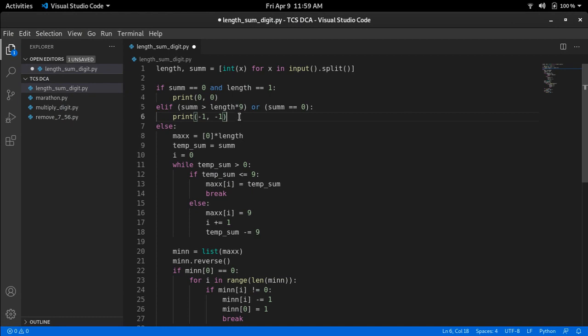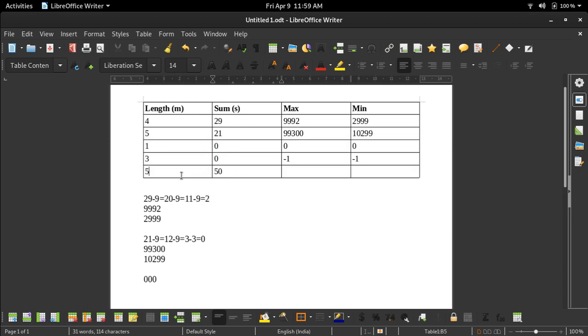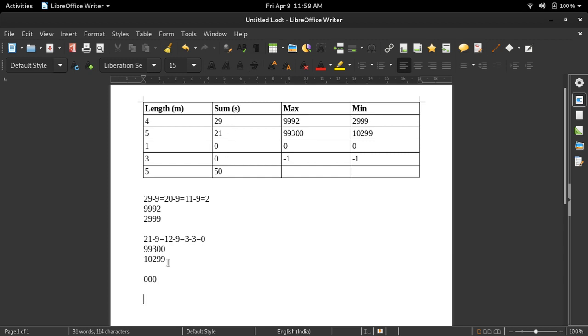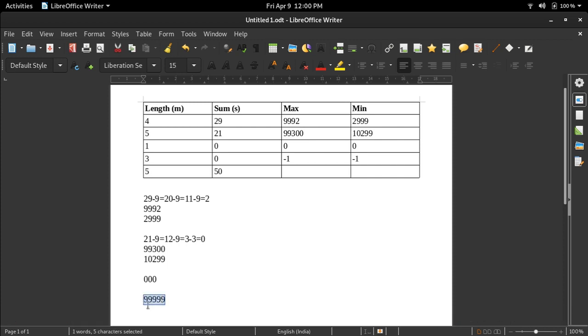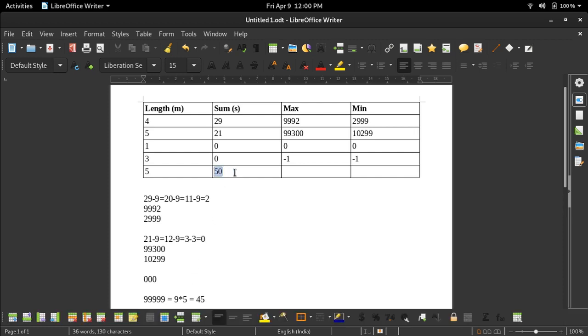Now another condition is that sum is greater than length into 9. What does it mean? Here we have length as 5 and sum as 50. If length is 5, the maximum possible number is 99999. Ignore the sum value for now. If someone tells you to find the maximum number having length 5, it is 5 times 9, so the sum of its digits is 9 into 5, which is 45, and they have given sum as 50, which is not possible.